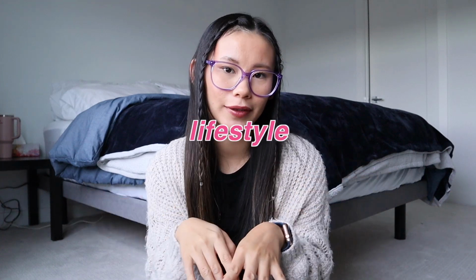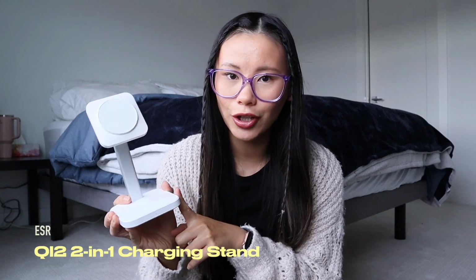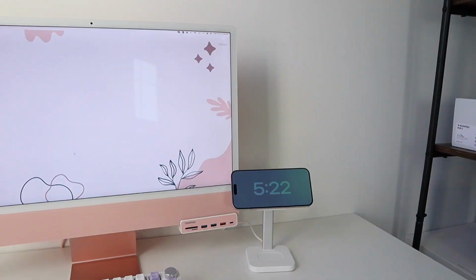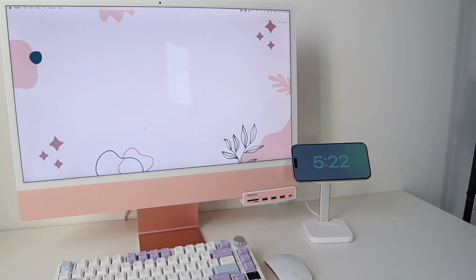Okay, and finally we have some tech slash lifestyle things that I've been loving. The first thing here is this charger from ESR. I finally got a charger to put on my desk while I'm working because I feel like my phone is always dying because I'm on it a lot to do social media and stuff. So I feel like this was super helpful to have now at my workstation,